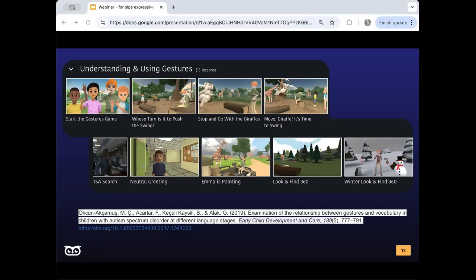So, for example, in Whose Turn Is It to Push? If you know the characters' names, we've got James, Brandon, and May in here, and they recur in various lessons of ours. Someone who's not speaking might just point to a character to indicate that it's their turn. But someone who is more verbally fluent might point to May and say, May, it's your turn. And then when May goes over to the elephant to push the elephant on the swing, they might use language like ready, set, go, or 1, 2, 3, go, those kinds of